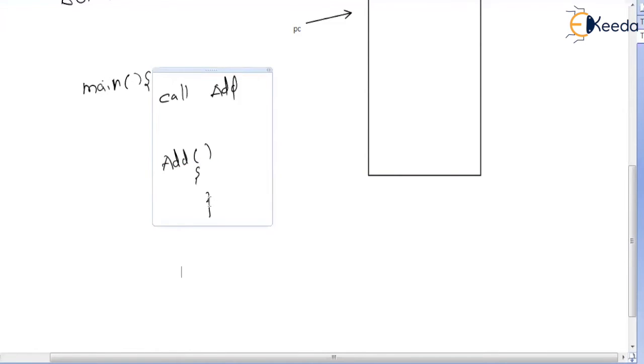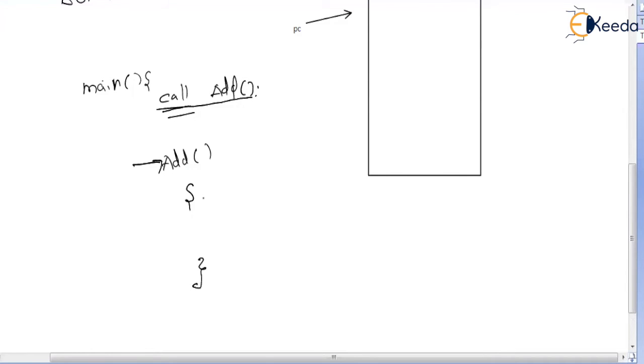When I say call add, the control will directly transfer from this instruction to the add routine, and the instructions within the add routine will get executed. Finally, once the add routine has executed, the control will take us back to the next instruction following the call to the add routine. This is how a routine calls another routine.